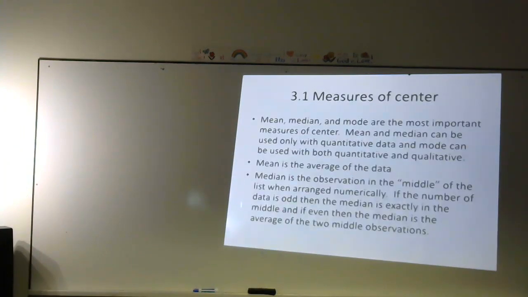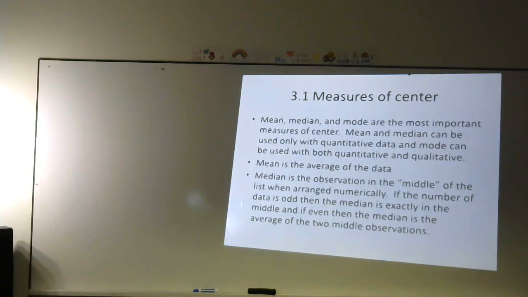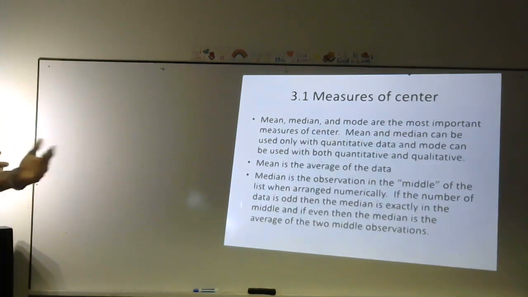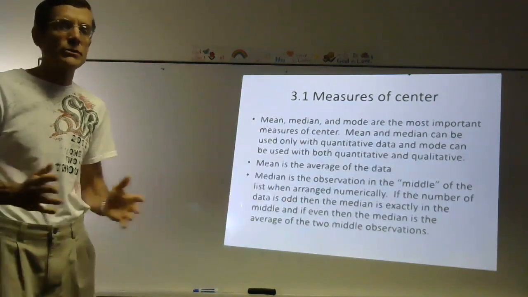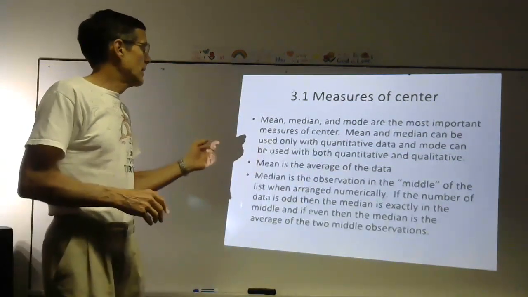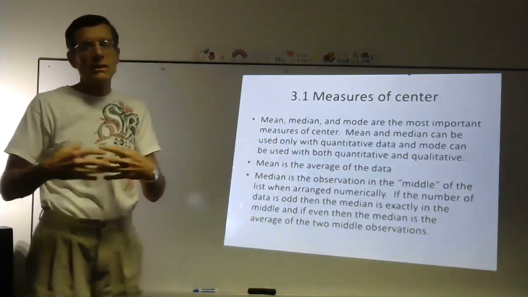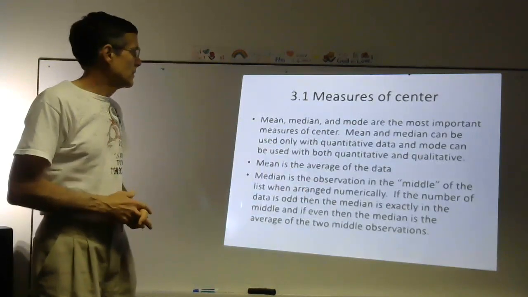All right, so we're going to talk about measures of center, and we're going to start today with mean, median, and mode, something you've all done back in junior high school. We're going to look at it in a slightly different way, so be prepared. It's going to be interesting. Mean and median can be used only with quantitative data, numerical data, things that you can do arithmetic on, okay? Whereas the mode can be used with both quantitative and qualitative. Qualitative being like color of hair, favorite ice cream, that kind of thing, okay?